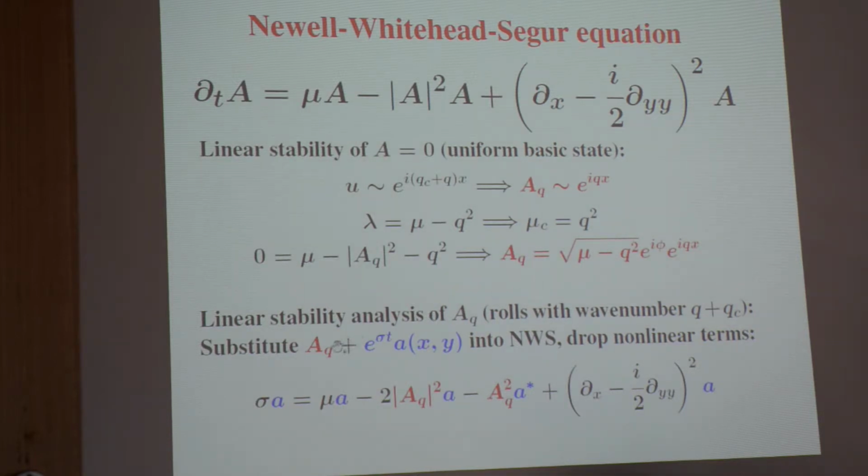So we substitute AQ plus e to the sigma t times some function of x and y into this equation. NWS stands for Newell Whitehead Segel, the people who wrote it. So as we said before, all of the linear terms just get translated down. So we have, just as we had mu big A here, now we have mu on little a. d by dt becomes sigma A. This is a linear term, so it just stays the same. The only thing is this term, we want to write a squared A,